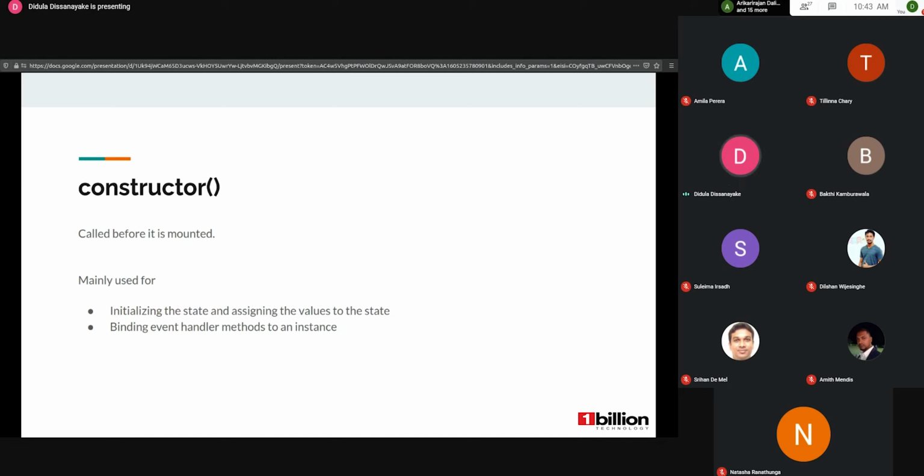And if you are using a constructor, we have to call the super constructor also.